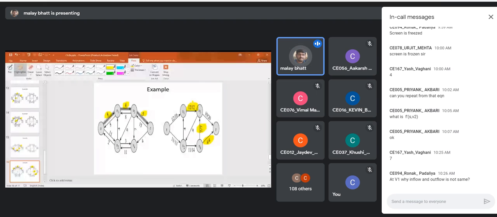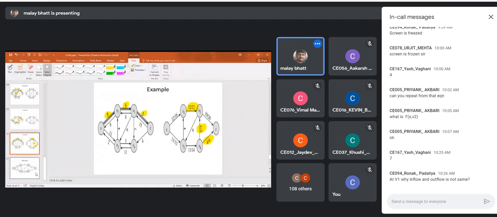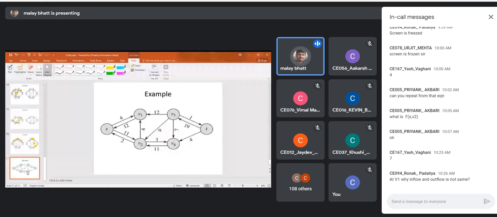Basically, it is a path searching algorithm. You have to search the path from source to terminal. If there is no path, you cannot proceed further. Clear? So basically, if I consider a residual network from this, you will get this kind of diagram. This is the final residual network.